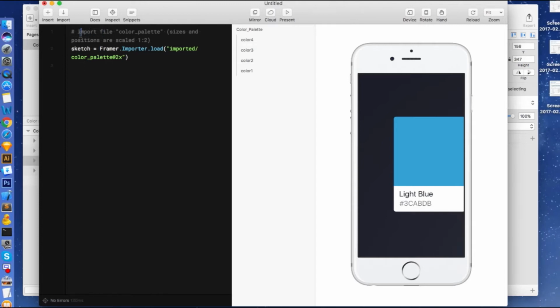imported. So there's a comment above, so you always use a hashtag to write a comment. So in this case, it's importing the color palette file, and the size and position are scale of 1 to 2. That's just a comment automatically generated by the system. Sketch equals framer.importer.load is a function that's built in, and imported/color palette at 2x, that's the path inside the Framer